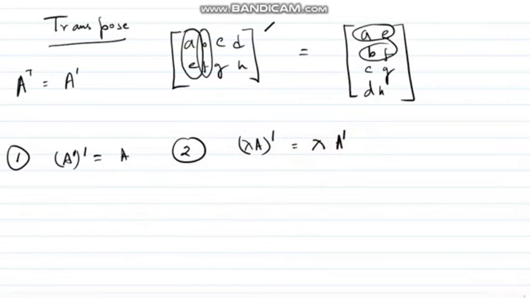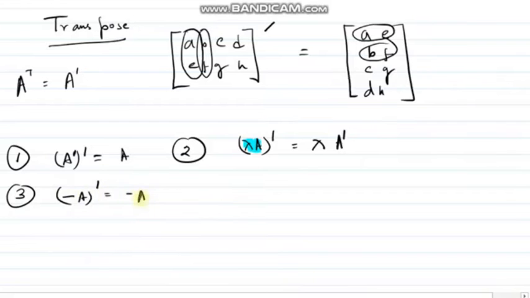So for the first case here, I am first multiplying lambda in the matrix, the scalar multiplication, then I am doing the transpose. And in the second case, first I am doing the transpose and then I am applying lambda to all the elements. So third property is that minus A means we are going to multiply all the elements by minus 1. So that is equal to minus A transpose. This is nothing but just the extension of this property. If you take lambda as minus 1, you will get the same thing.